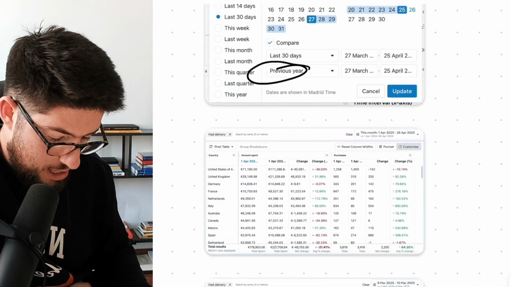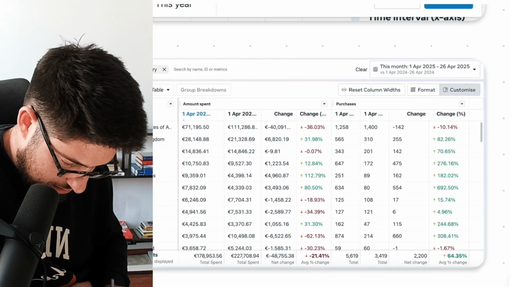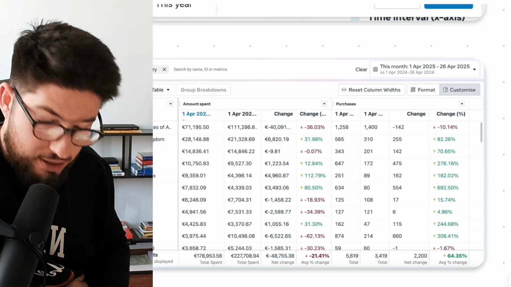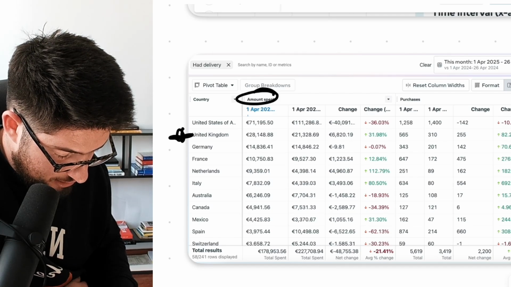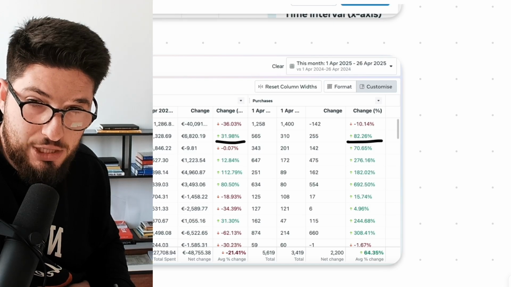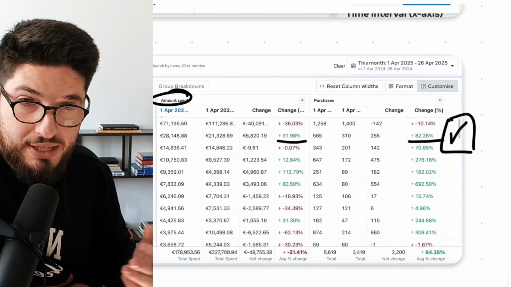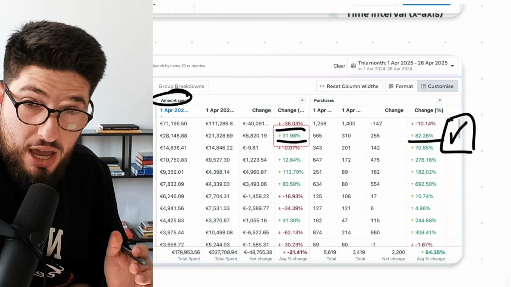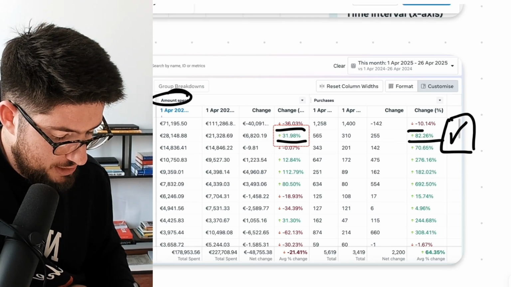And then I go here, and what I can see, just to give you an example, let's say this is April, is that a very big success here was the United Kingdom, because we increased the amount spent by only 32%, and the increase in purchases was 82%. So this is a big success. In the US, for several reasons with tariffs and stuff, we had to decrease budget a little bit, by 36%. But it's okay because my sales did not decrease by 36%. They only decreased by 10%. So this is also a success.